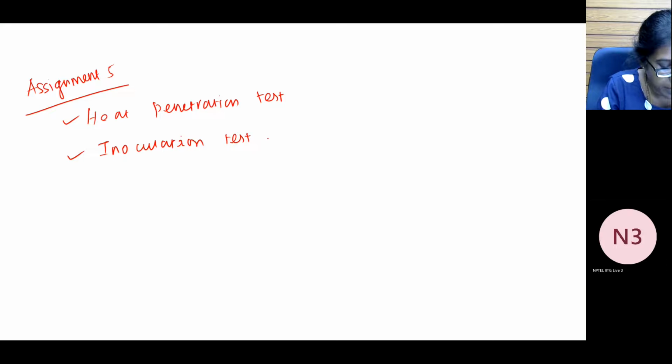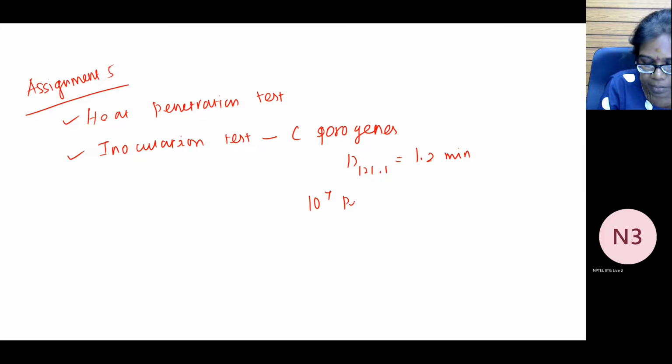We had used Clostridium sporogenes for an inoculation test, right? The D value is given at 121.1 degree centigrade. It is 1.2 minute, and the concentration is 10 to the power of 7 per gram, right? And then we were told that we have a canned food